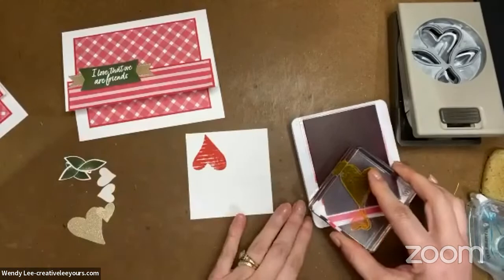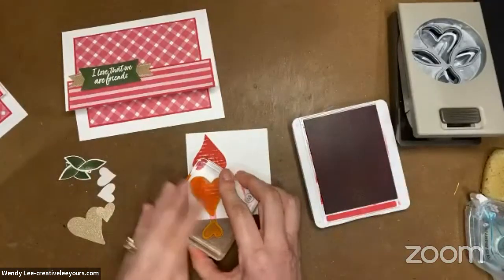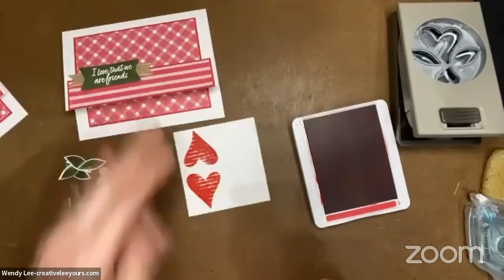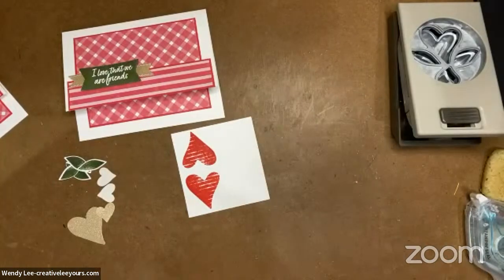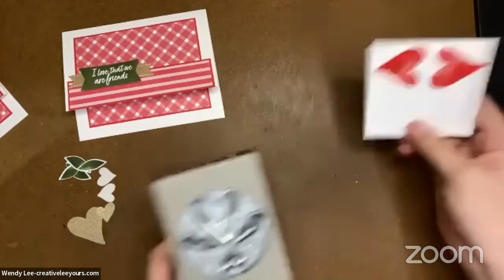Let's go and just rotate that. Not that that really needs to be done, but I'm going to save a little paper. Maybe the leaves might cut into it, so it may not help, but we'll try it. And that was in Sweet Sorbet ink. Okay, so here